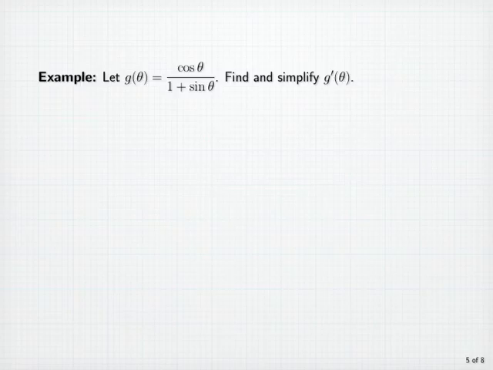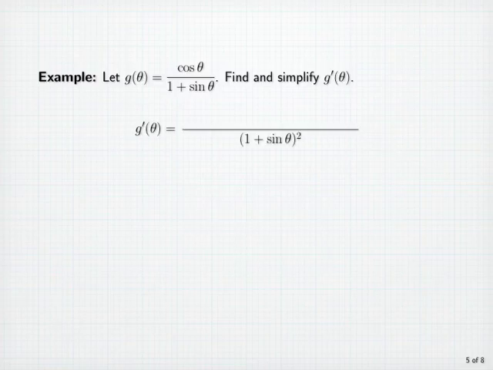Example: let g of theta equal cosine theta divided by 1 plus sine theta. Let's find and simplify g prime of theta. Here we'll use the quotient rule. The denominator will be 1 plus sine theta, squared. To get the numerator, we write the derivative of cosine theta, which is minus sine theta, times the denominator 1 plus sine theta, minus the